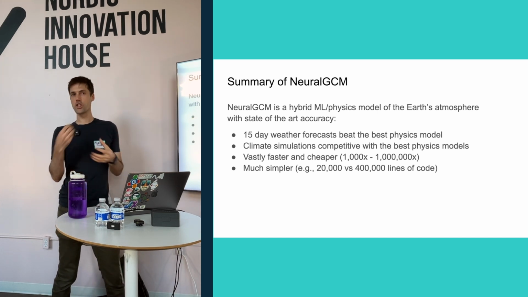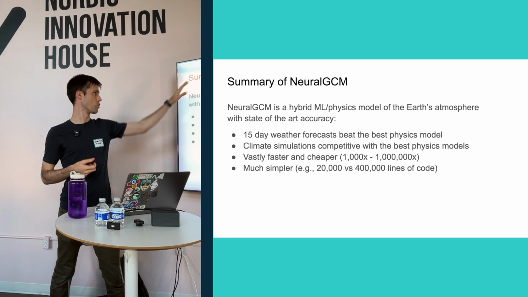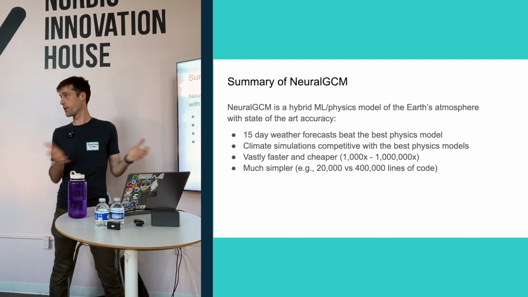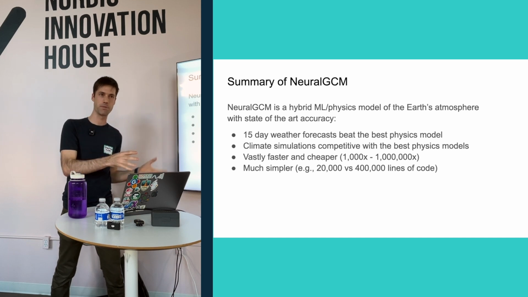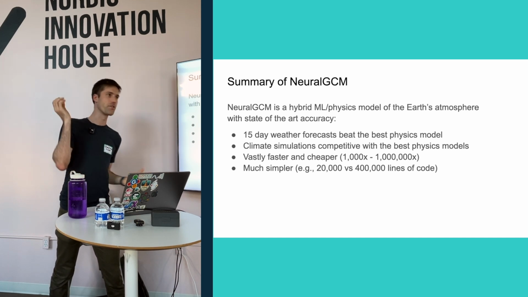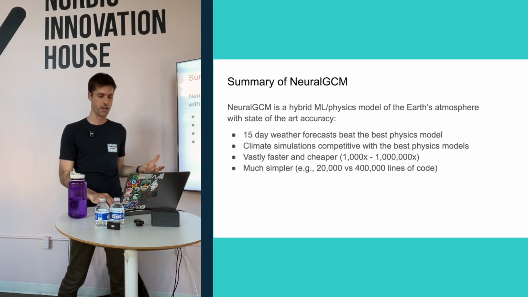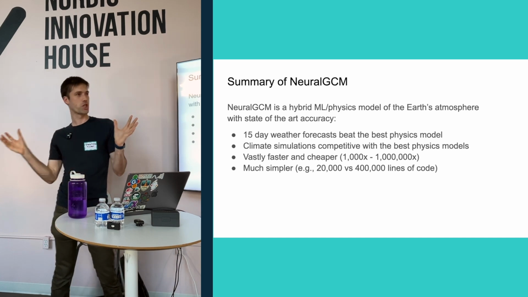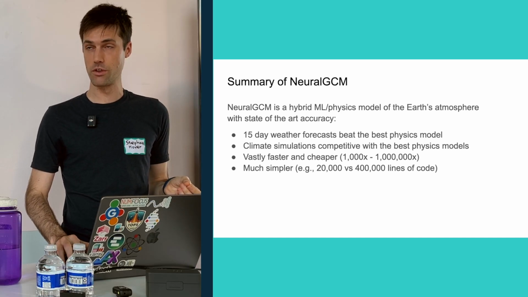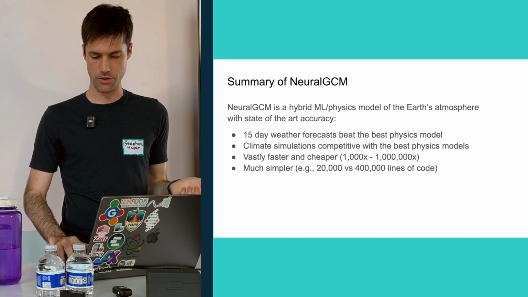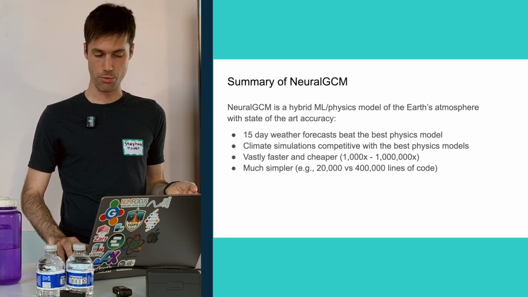So the potential here, and this is true of NeuralGCM but also of this broader field of AI weather and climate models, is to make weather and climate modeling a lot more accessible. It's stuff you can run on a laptop, stuff you can interactively explore to see what might happen to climate, instead of being something that only specialized government centers are able to do. And the hope is that this information can, of course, be useful as we deal with climate change and rapidly changing extreme weather.